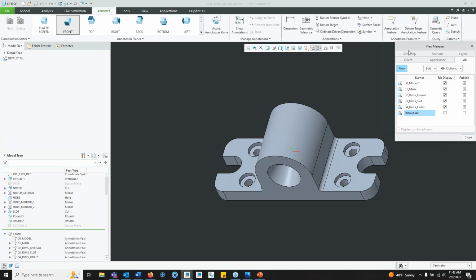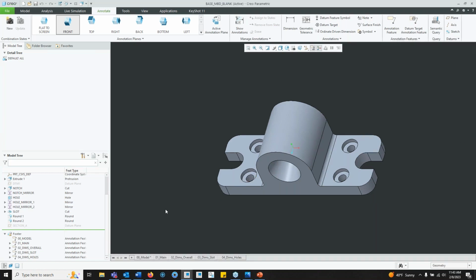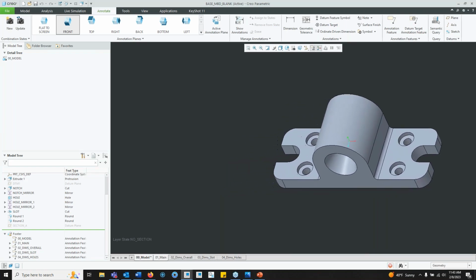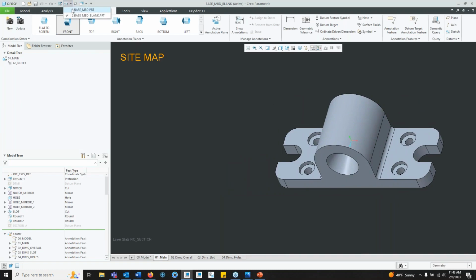Right now, there's a few of these that have a section view. So I'm going to go through the tabs right now and show you how these work. Right now, the active state is just the model. A lot of companies like to set up just the model view to see it plain with nothing on it, something to always reference back to. If I go over to this combination state called main,